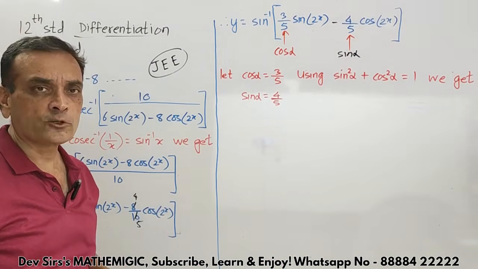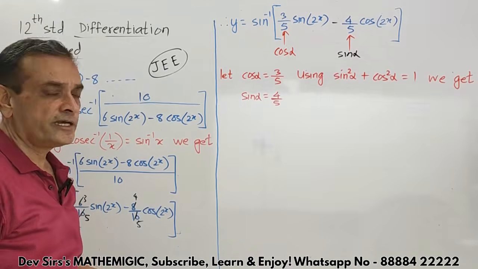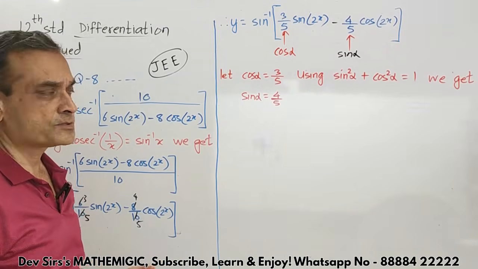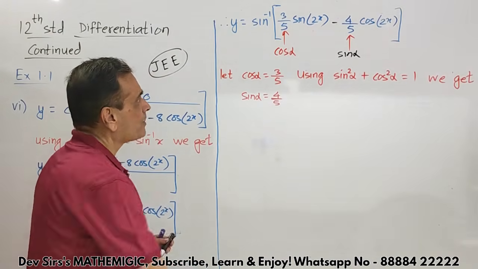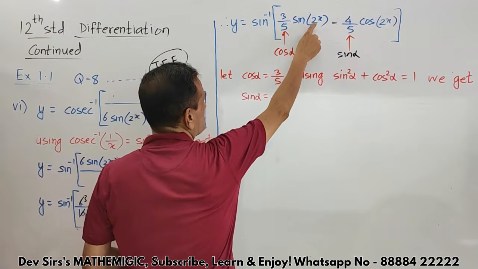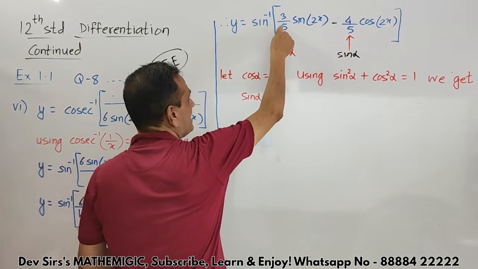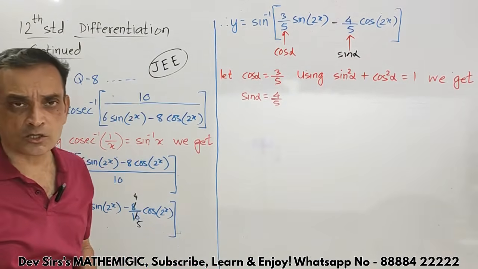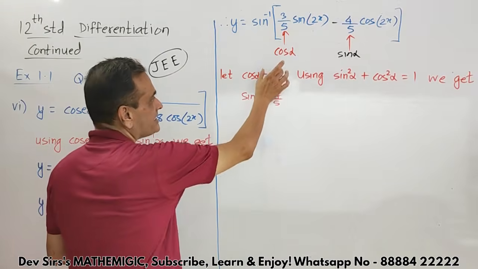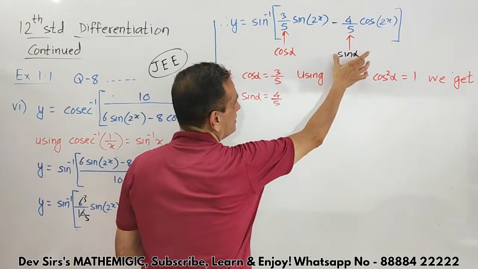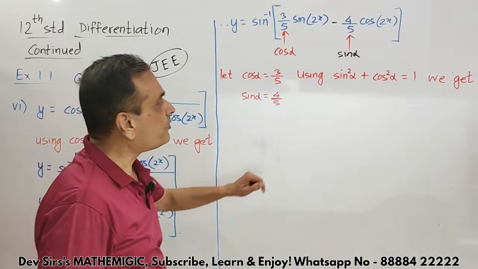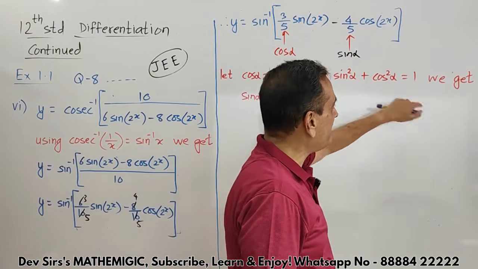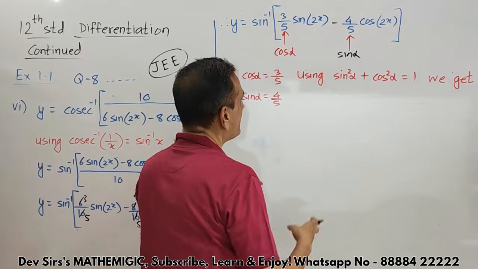No need to show the calculations. In CET, nothing is written, you directly have to substitute, but I am repeating what I said. Because I have got sine of 2 raised to x over here, I'll call it cos alpha, because 3/5 is a constant. If you call this cos alpha, the other constant automatically becomes sin alpha. If you substitute in the formula sin squared alpha plus cos squared alpha equal to 1,